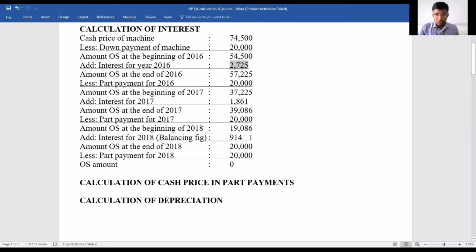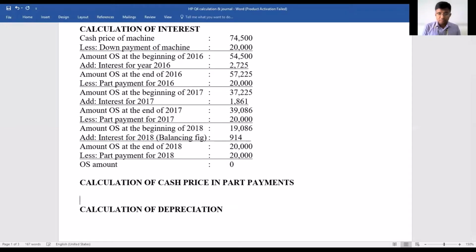So if you look at 2018, 914 goes towards the interest, and the balance amount goes towards the cash price. So for any part payment that you pick up, a certain portion of money gets diverted towards interest and the rest towards the cash price. Now this breakup is very critical for us, because when we have to prepare the journal entries, this input is essentially needed. So let's go about working this out. Okay, so we have to identify the breakup. So the cash price of the machine